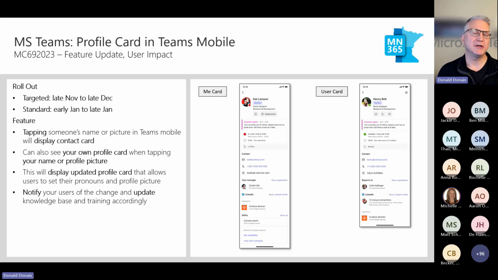Now, you may know that Microsoft has been really updating the profile card. There's been a major revamp and making sure it's the same across the board. Well, this continues on into the mobile side of things as well. So we're getting a lot more of that goodness when it comes to that profile information in a mobile app now. So already started from a targeted release going into the late December, standard early January to late January, and